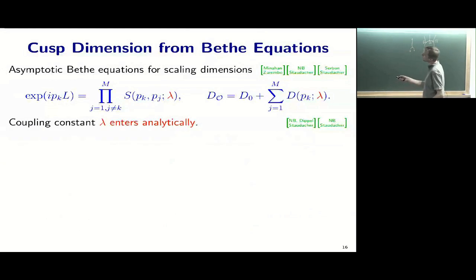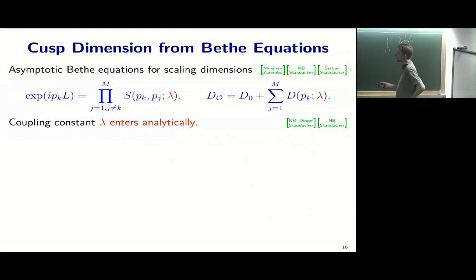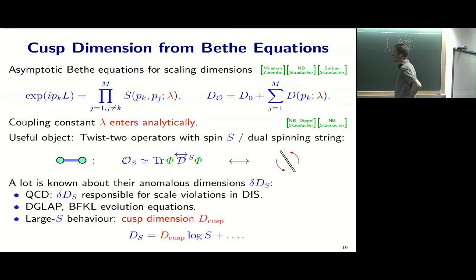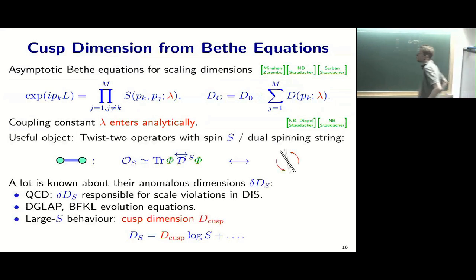Right. So these are the Bethe equations, and importantly, the coupling constant lambda enters analytically. So you can solve for the coupling constant analytically, or if you wish, by any function that you might want to put there, and you plug in to the state now. So a useful object